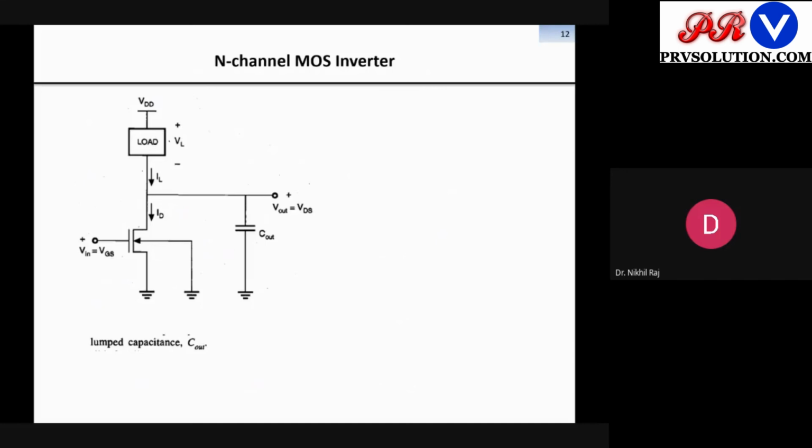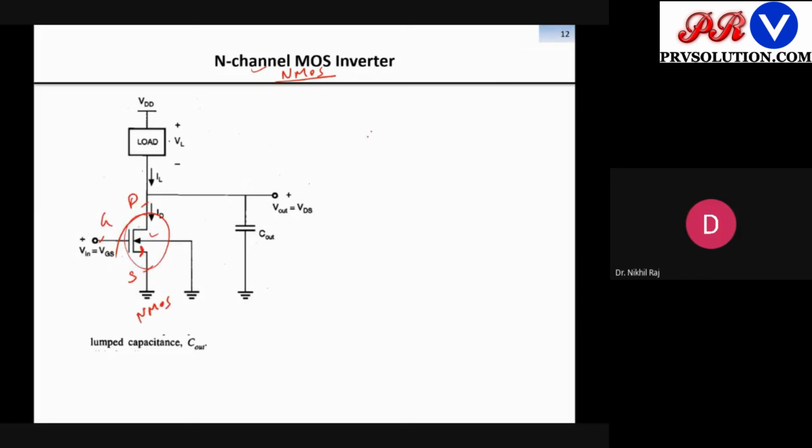Now coming to the n-channel MOS inverter. So this is your n-channel MOS inverter, meaning NMOS. The short form is NMOS. We decide this by looking at the arrow direction. In the arrow direction, we look for the source terminal. If we rotate it anticlockwise, the arrow will come at this end. This means this is your source, this is your drain, and this is your gate. Now the arrow is coming outward, which means it is an NMOS device.